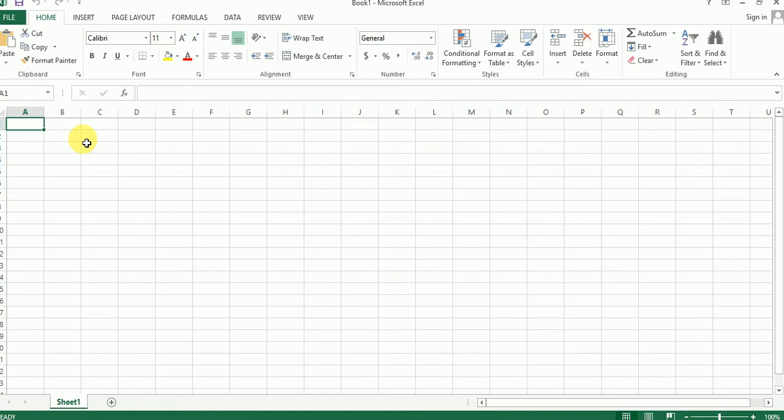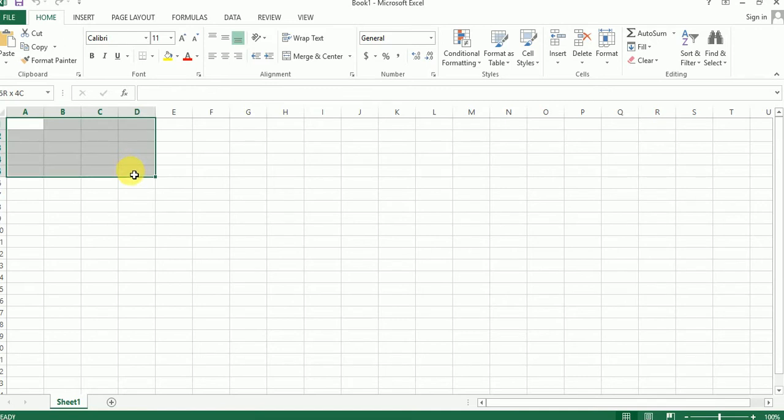Now select the cell you want to chart. Suppose I want to select this one. Including the column titles and row labels, this cell will be the source data for the chart.